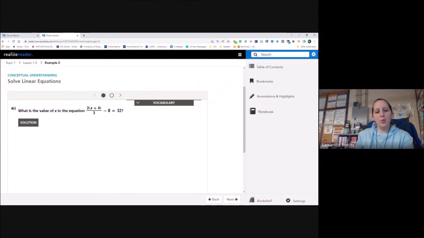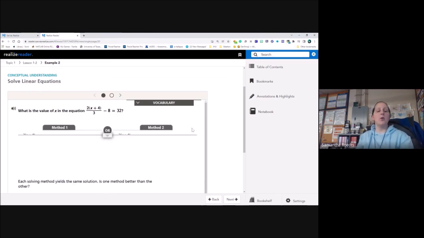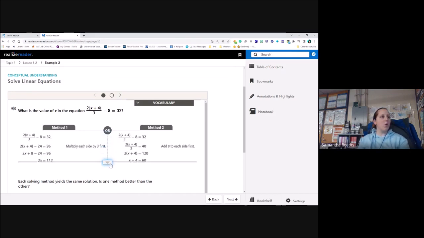All right, example 1, solving linear equations. What is the value of x in the equation 2 times the quantity x plus 4 divided by 3 minus 8 equals 32? There are a couple different methods that we can use to solve this. Completely up to you which method you want to use. Both methods will work. So method 1,